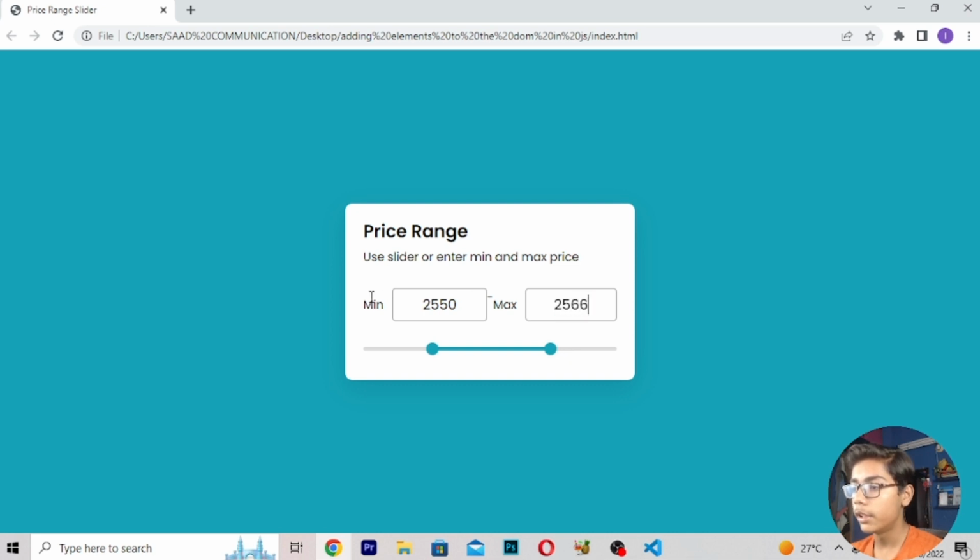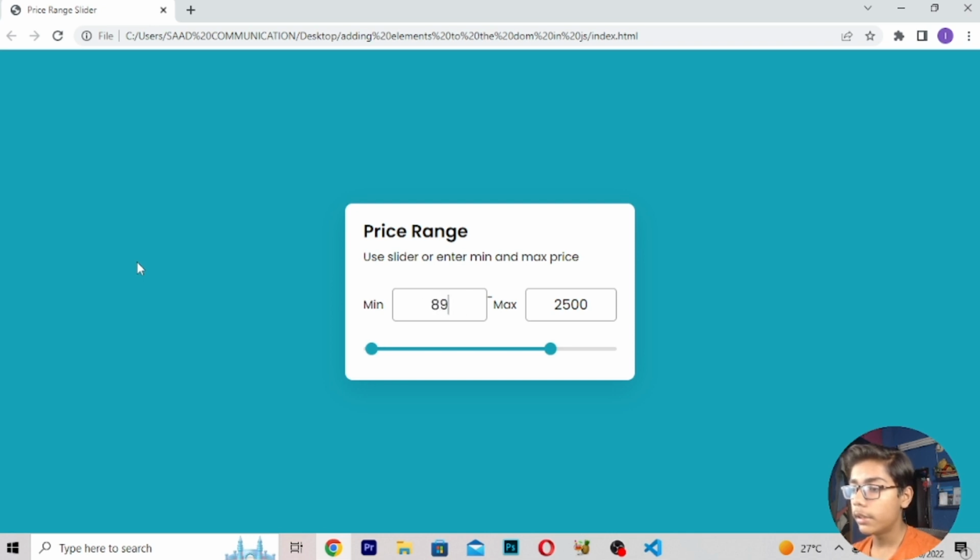Like if I write here this value, so you will be seeing that this value will be changing here, and if I write this value, so you can see the value is changing here, and if you write this one, you can see it is just the maximum value, so here you can write this value like this, and you can just set this price range selector by your own self. You can just write this like this, and here you will be seeing that you will be getting all this stuff.